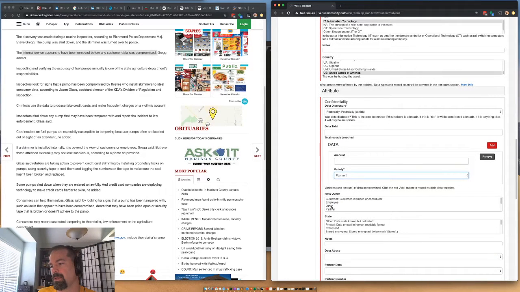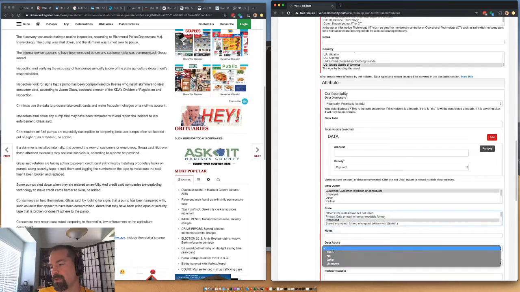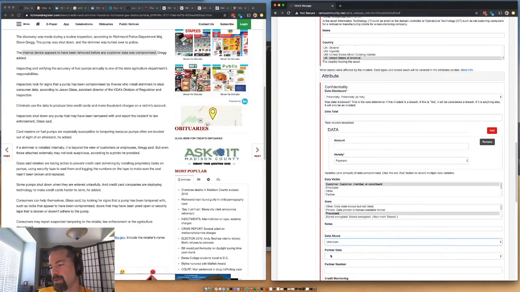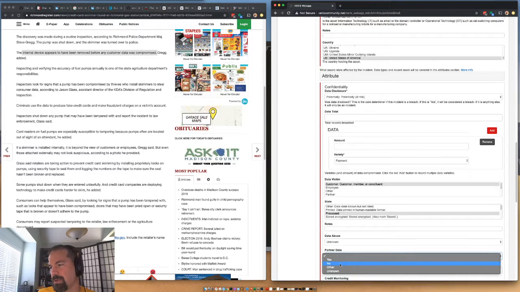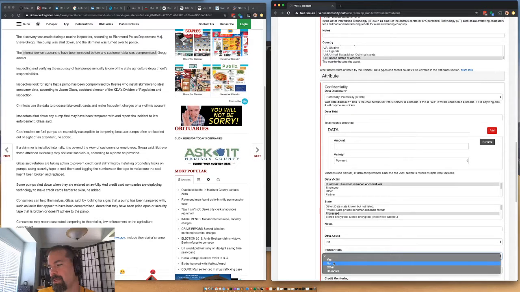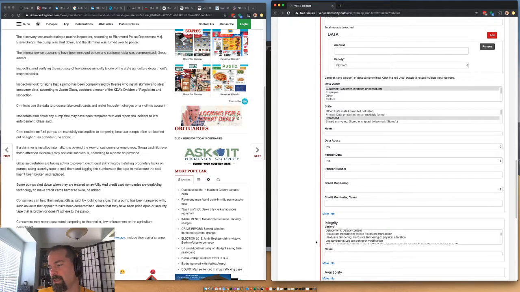We don't know the data amount, but it's payment data. This was data of a customer. This was processed as how we normally count skimmers. Data abuse, I guess unknown, for us to say potentially at risk. I'm going to say no, because I don't think that the data made it off. Partner data, no.